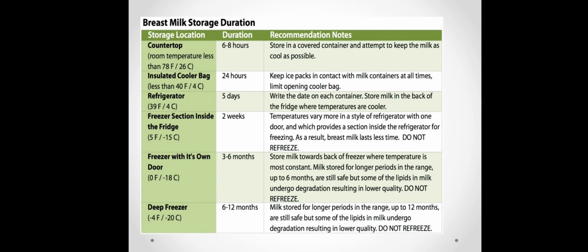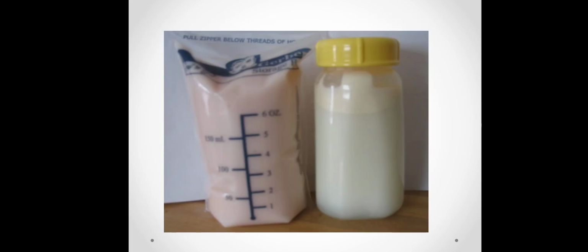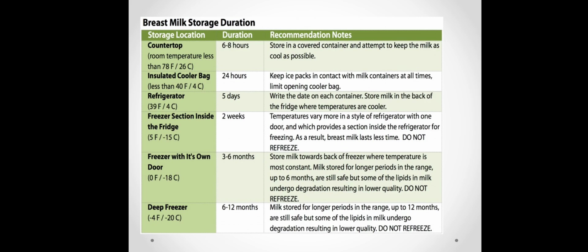So, storage. Ito yung breast milk storage duration. Pag nasa countertop or the room temperature is less than 78 degrees Fahrenheit or 26 degrees Celsius, ang duration lang nun is nasa 6 to 8 hours. So, recommended, it is stored in a covered container and attempt to keep the milk as cool as possible. So, for insulated cooler bag, ito yung sinasabi kong insulated cooler bag, this one. Okay. So, pag nakalagay dyan and nasa less than 40 degrees Fahrenheit or 4 degrees Celsius, pwedeng kaya yan siya